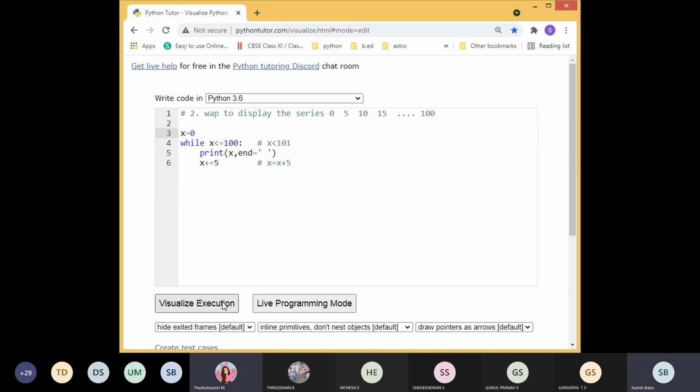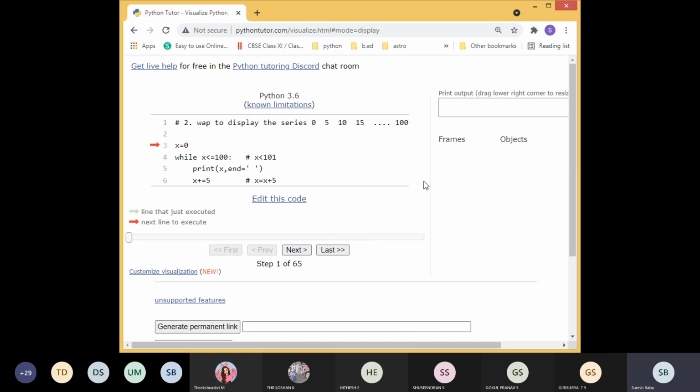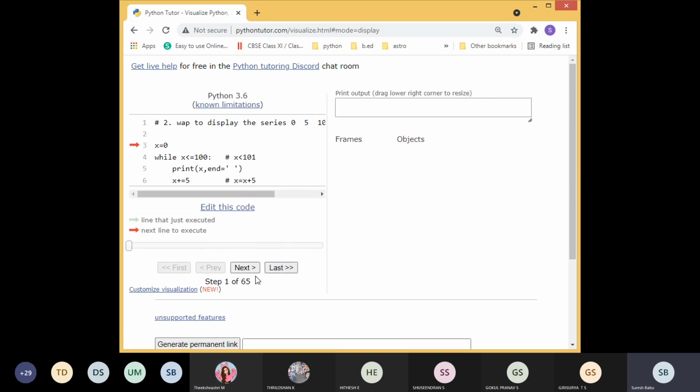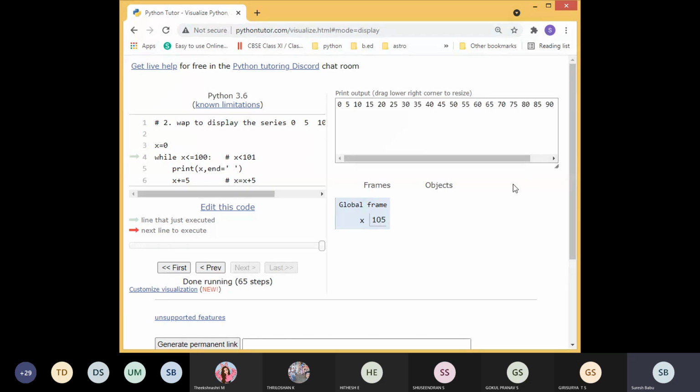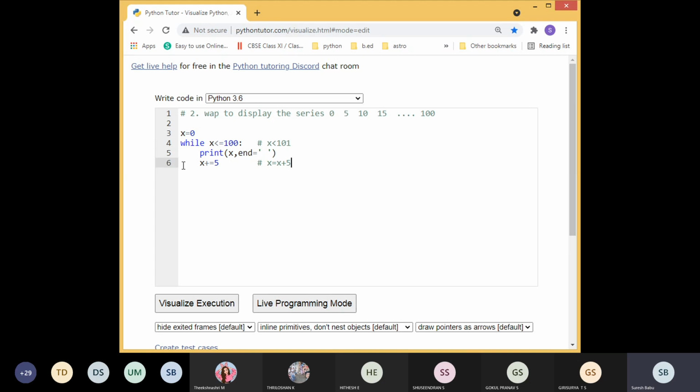I'm going to execute this. See the step by step execution. Everyone can see the solution 0, 5, 10 up to 100, displaying all the values. Very easy, for loop and while loop.